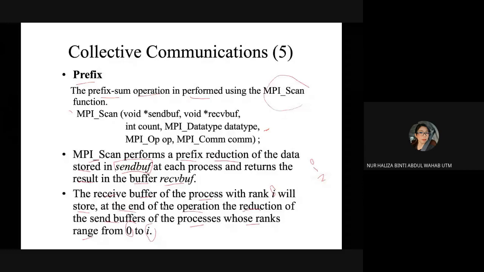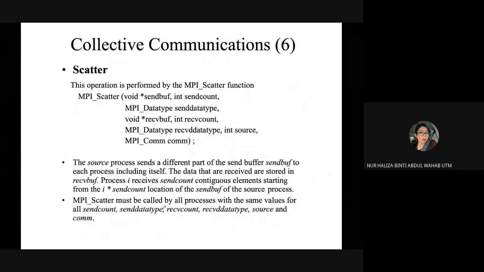Another one is scatter. This operation is performed by the MPI_Scatter function. How are you going to apply it in your source code? What is the function?